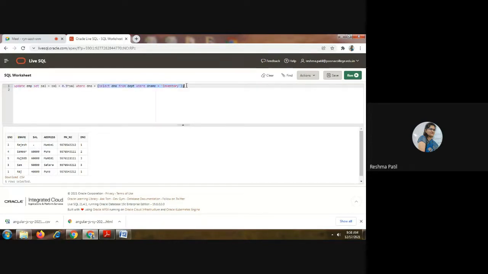Using this query, we have found the department number, that is 2. That will be passed here. So it will work like your normal query: update employee set salary is equal to this one, where department number is equal to 2. Earlier we were passing a static number. Now we are getting that number by using the nested query and updating the records. Clear? Again we will execute. Again that record is going to change.